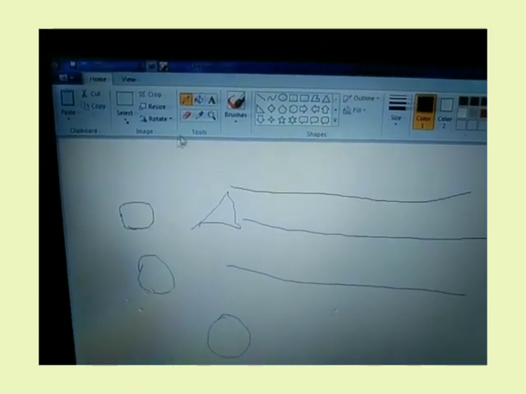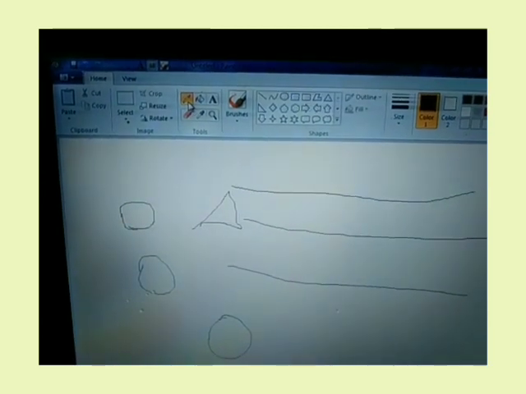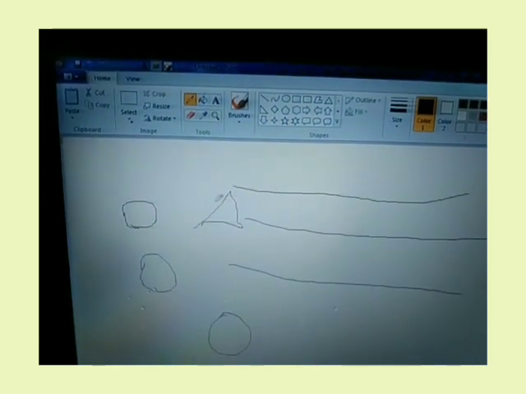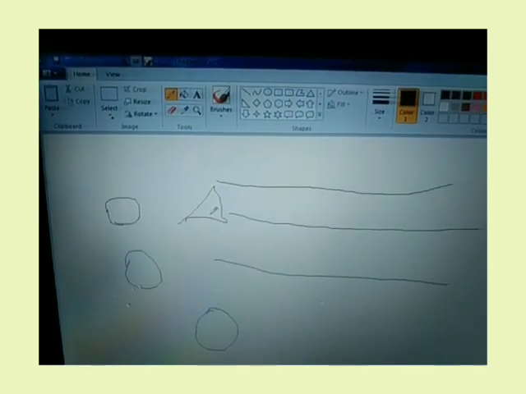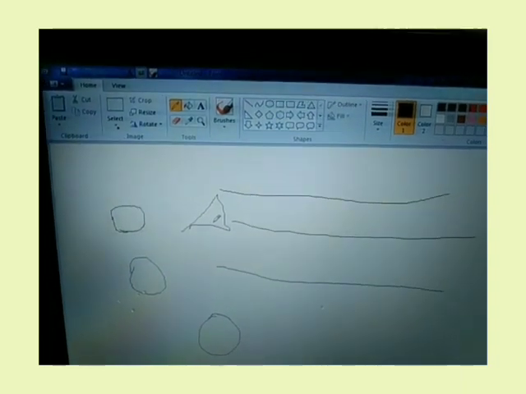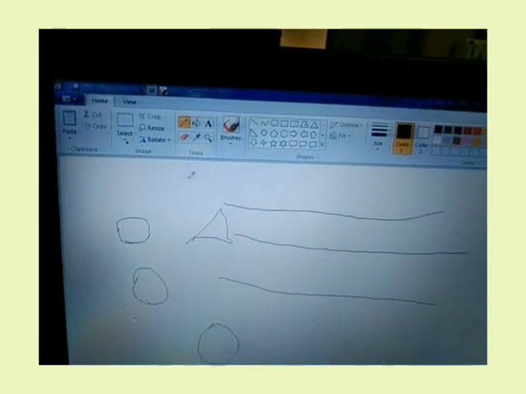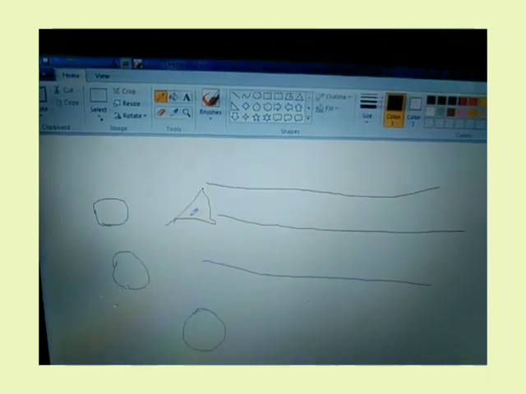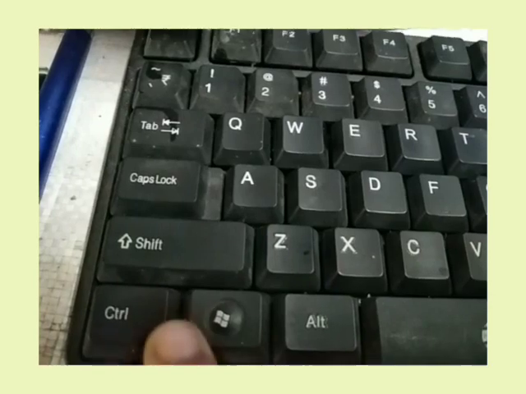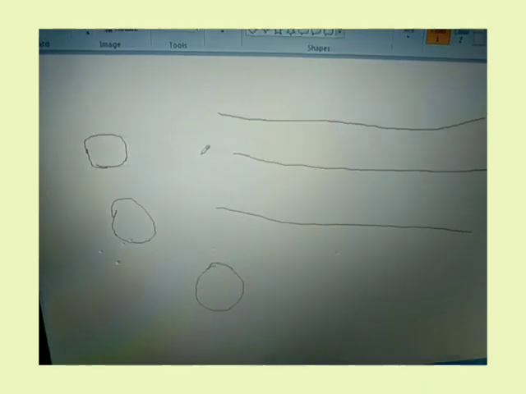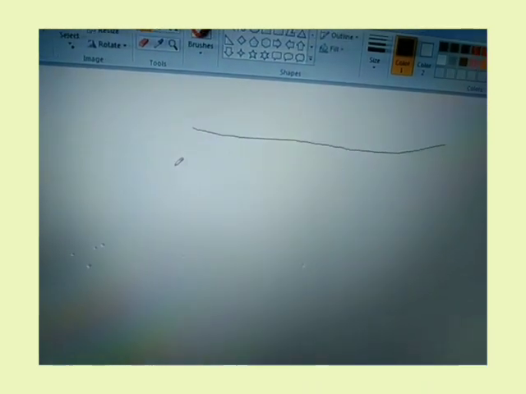So this is the difference between drawing shapes with a pencil tool and using the shapes tool. Here I have drawn so many lines and circles which are not required for our purpose. So I can erase them using this eraser, or I can undo. Undo means what I have done, I want to not do this. By pressing the shortcut Ctrl and Z together, simultaneously, I will undo what I have done. I am pressing Ctrl and Z and all the things that I have done are getting removed. So now I have a clean canvas.